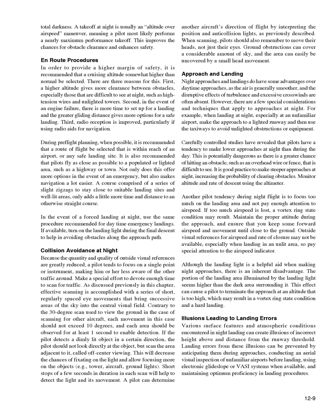movement. Approach and landing. Night approaches and landings do have some advantages over daytime approaches, as the air is generally smoother, and the disruptive effects of turbulence and excessive crosswinds are often absent. However, there are a few special considerations and techniques that apply to